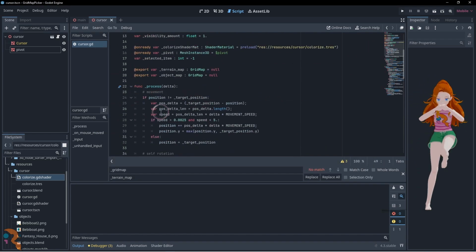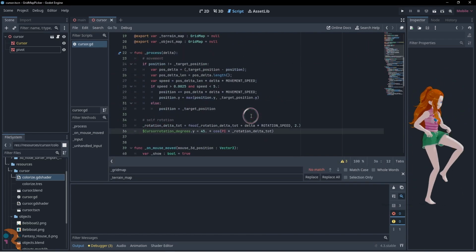We can also avoid rotating the object along with the cursor.